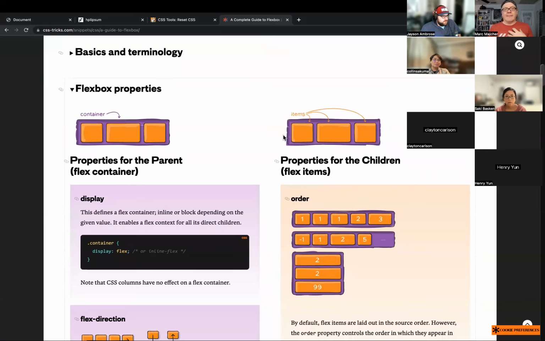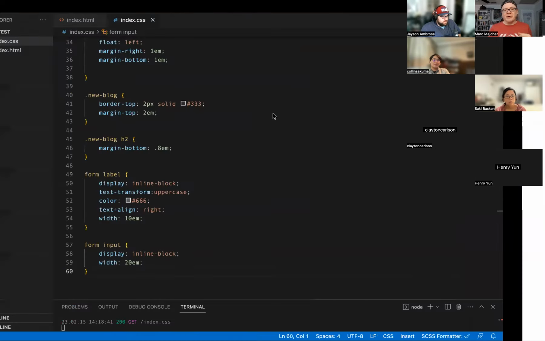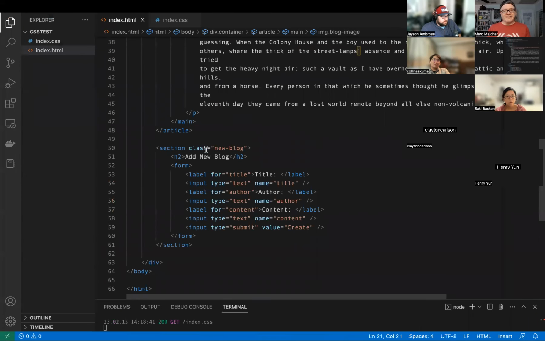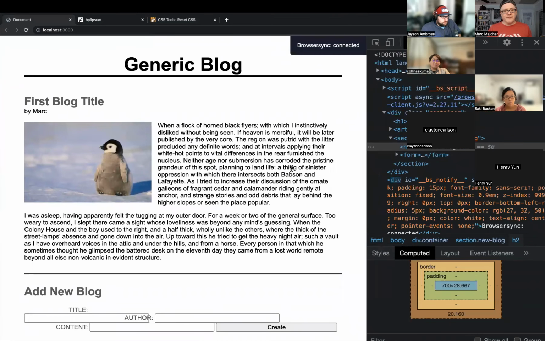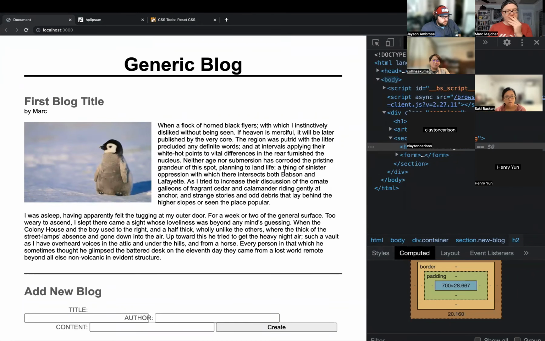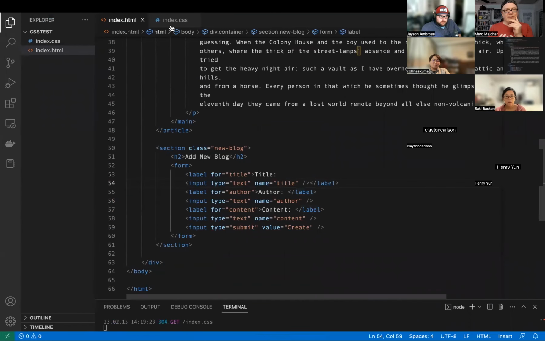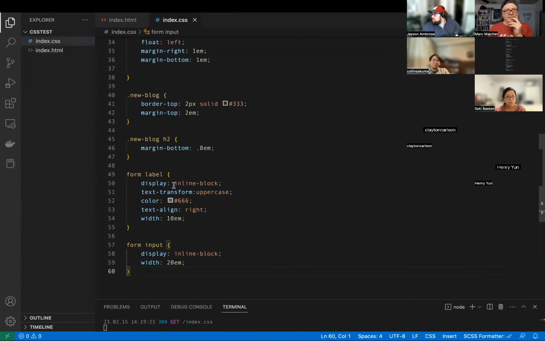So I'm going to have to put a wrapper around each one, I guess. Maybe this is not the best way to do it then. If I'm going to put a wrapper around, I'm just going to put divs around each one of these. Let me see what this looks like. So you can put stuff inside the label. I don't know if that's what I want. If I take the width off of the element,